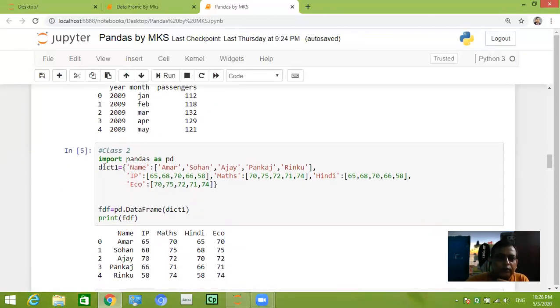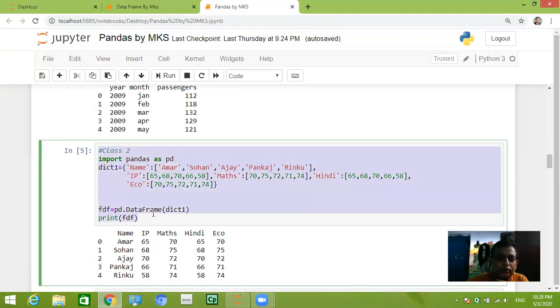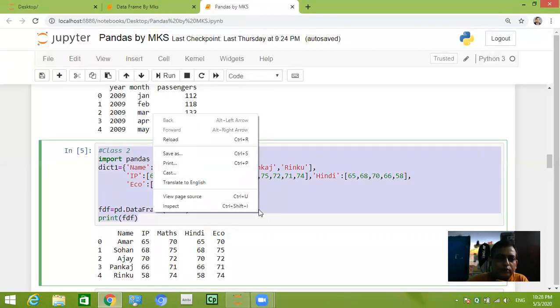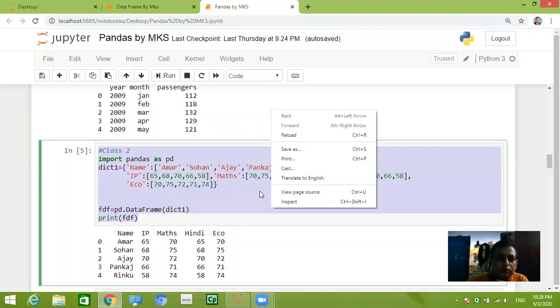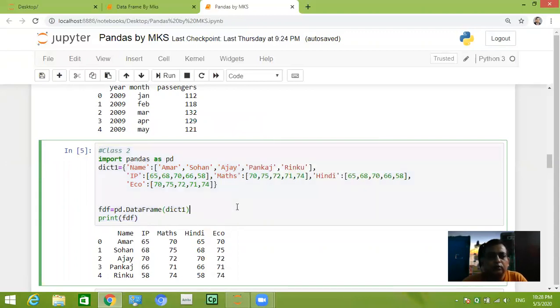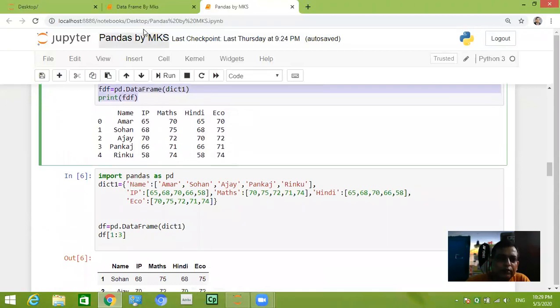Now we are going to create this class of data frame from list, that is dictionary of list, in different ways.